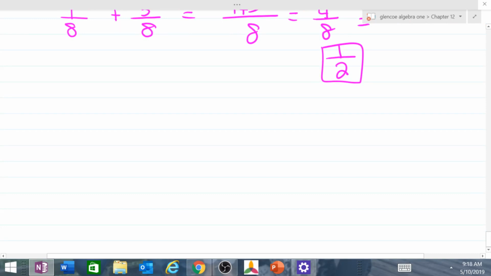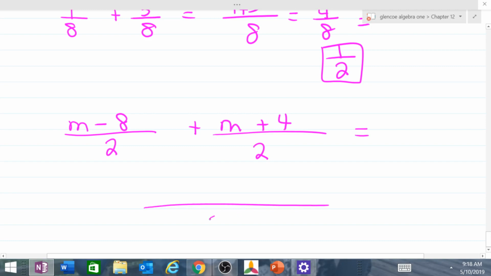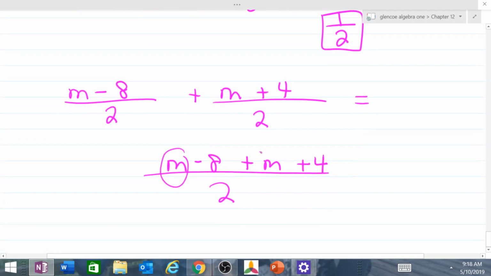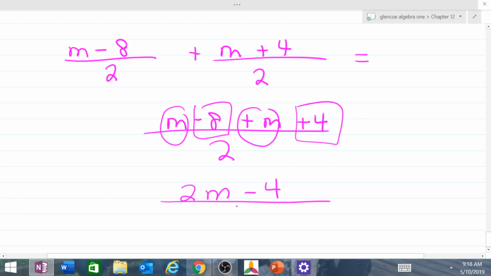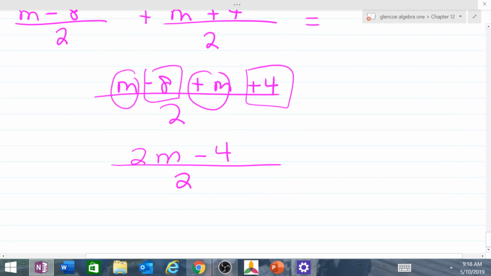Let's try m minus 8 over 2 plus m plus 4 over 2. So our denominator is going to be 2, and we're going to write m minus 8 plus m plus 4. Now we're looking for like terms. M plus m gives me 2m. A negative 8 plus 4 gives me a minus 4 all over 2. So I'm going to give you an asterisk here. You must